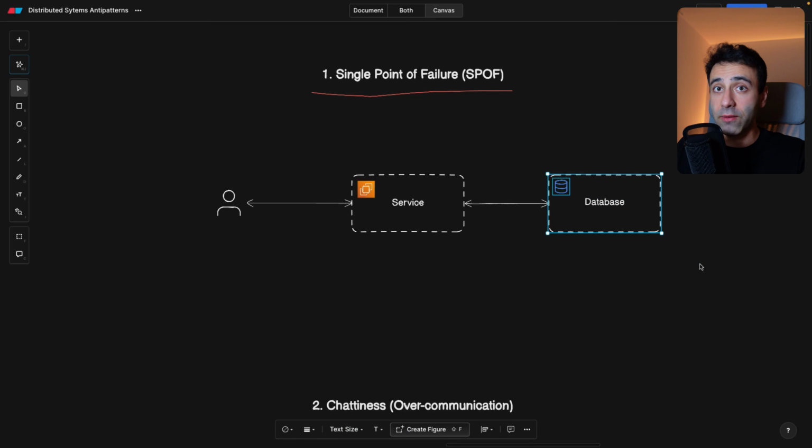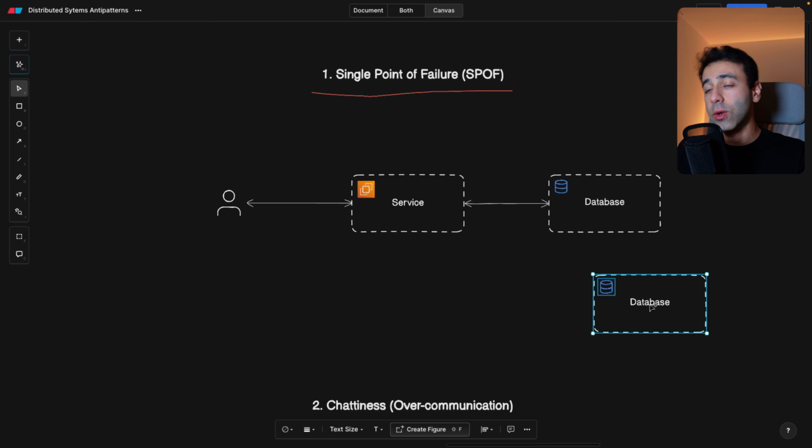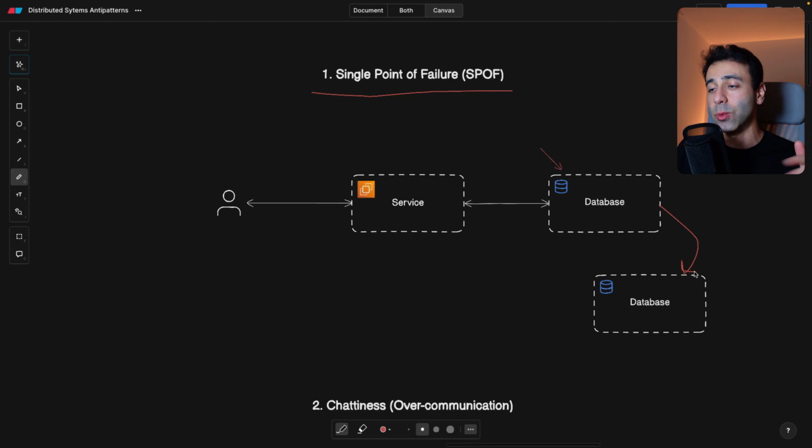for disaster recovery, but you should always have replicas, meaning every time the primary database gets updated, this update should also be reflected either synchronously or asynchronously in a database replica. And in distributed systems, you would usually have multiple replicas depending on the database and its method that it uses. So keep this in mind.